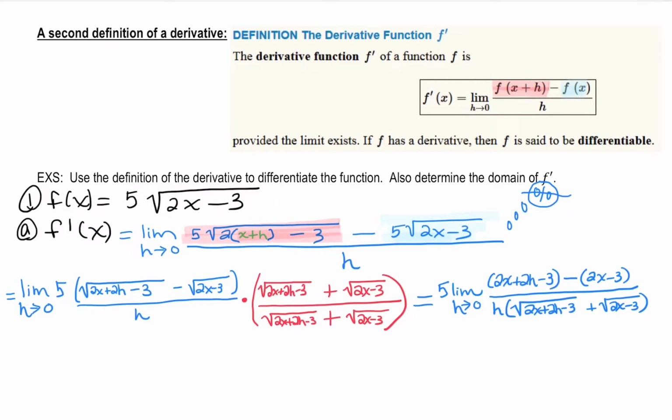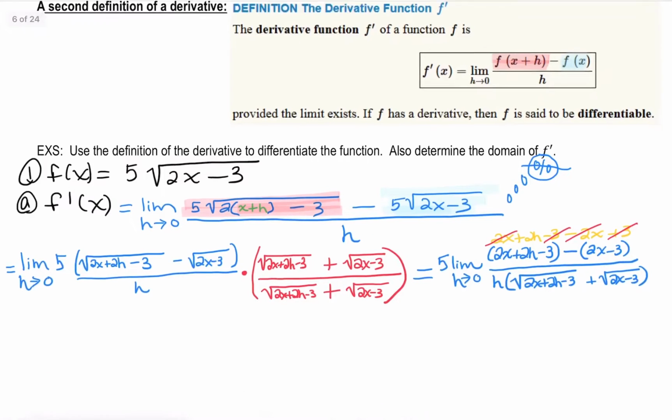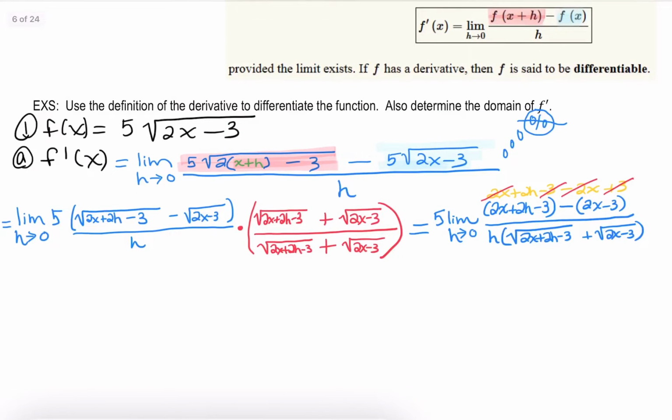Okay, so what do I have going on here? Let's just take a little look in my numerator. I have my 2x plus 2h minus 3. And distributing through the negative, I have negative 2x and a plus 3. So, of course, I have some terms that are becoming 0, the 2x terms and the 3. So here's where we're at. We now have